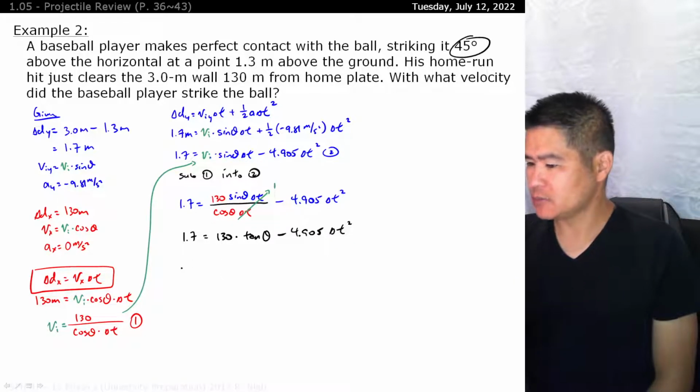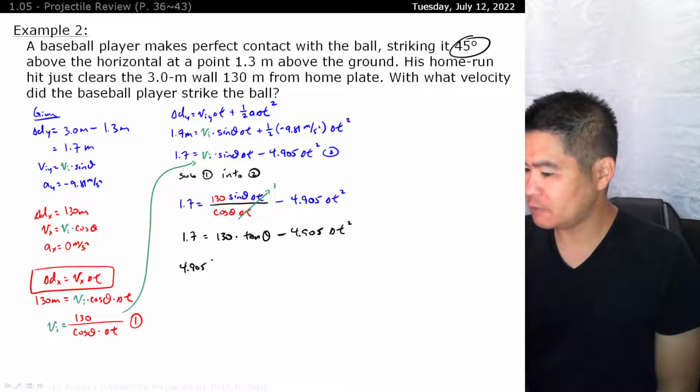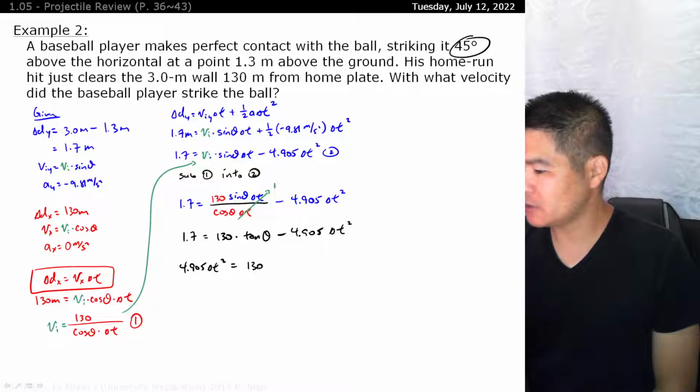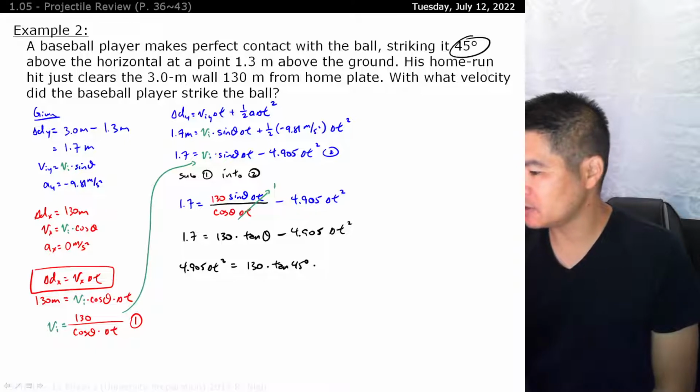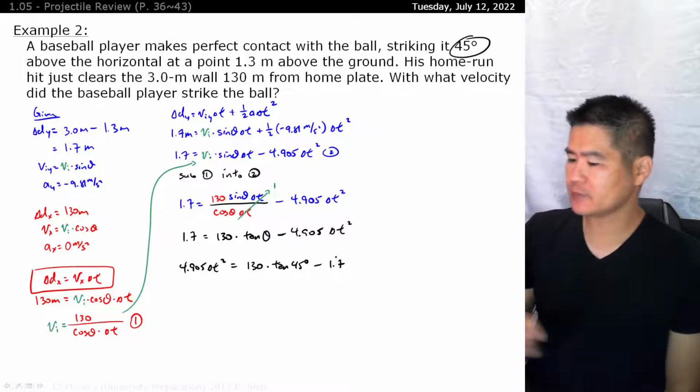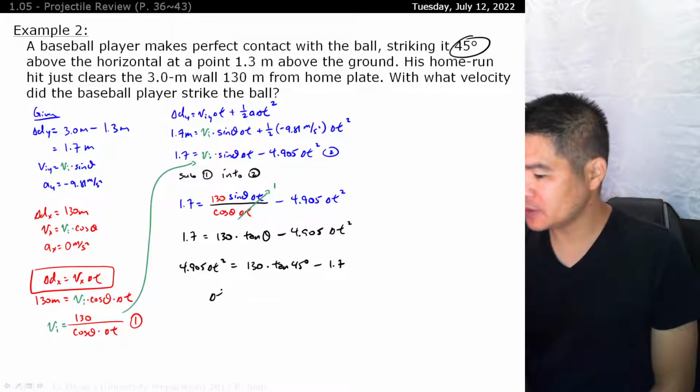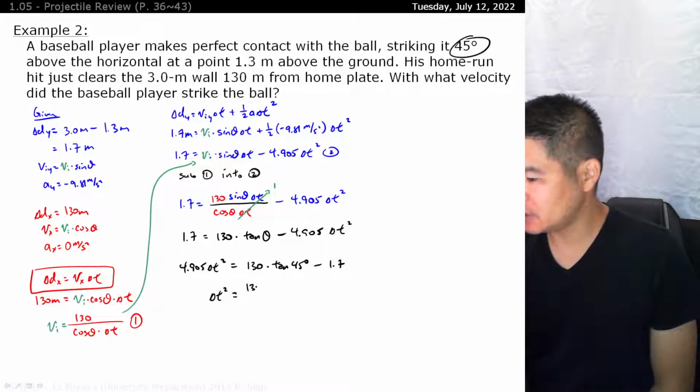So let's bring that over. 4.905 delta t squared is equal to 130 times the tan, and since I know it's 45 degrees, I'll just sub that in right now. I could have subbed it in earlier also. Subtract 1.7. So our delta t squared is equal to 130 times the tan of 45 degrees, subtract 1.7,